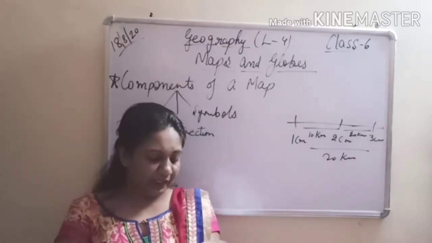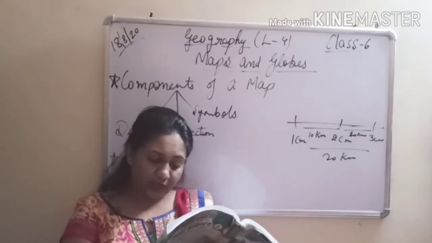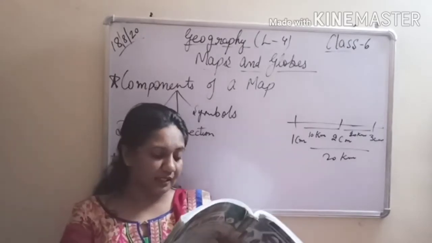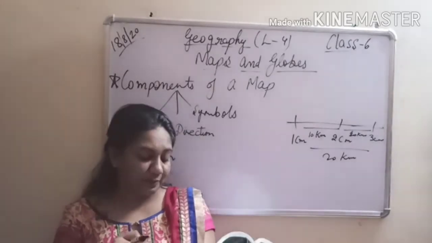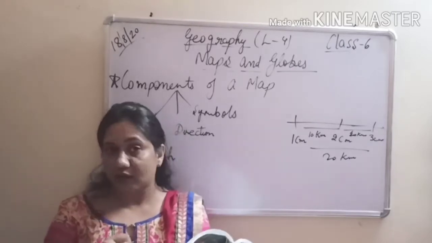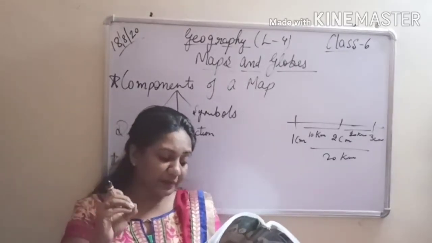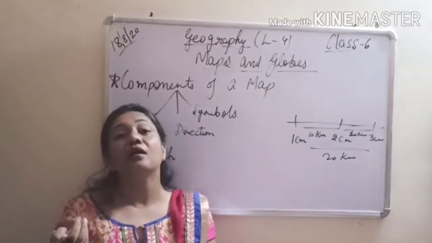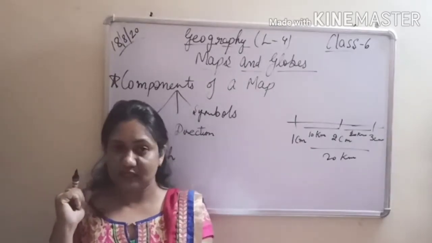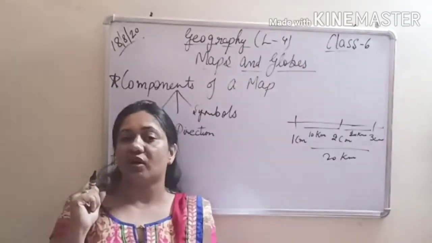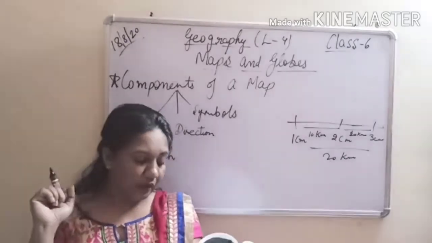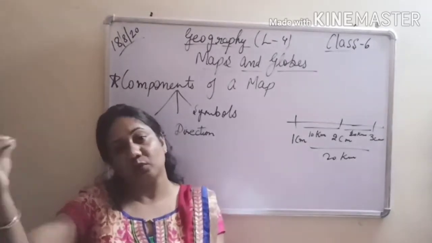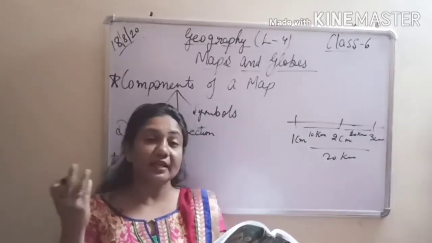Then they have some multiple choice questions. Maps that show a very small area in great details. Small area but in great details. These are known as dash type of maps. So the options are physical, thematic or large scale maps. So maps that show a very small area in great details. So it is a large scale map. We have already done yesterday. So it is option number B according to your book. So you will put a tick on option number B. So what happens in large scale map? We represent a small area but with larger details, great details.